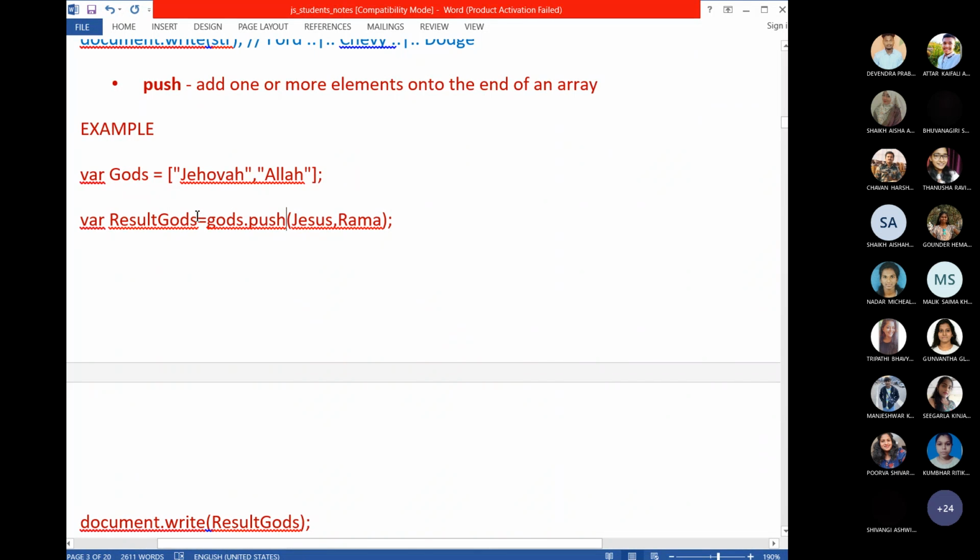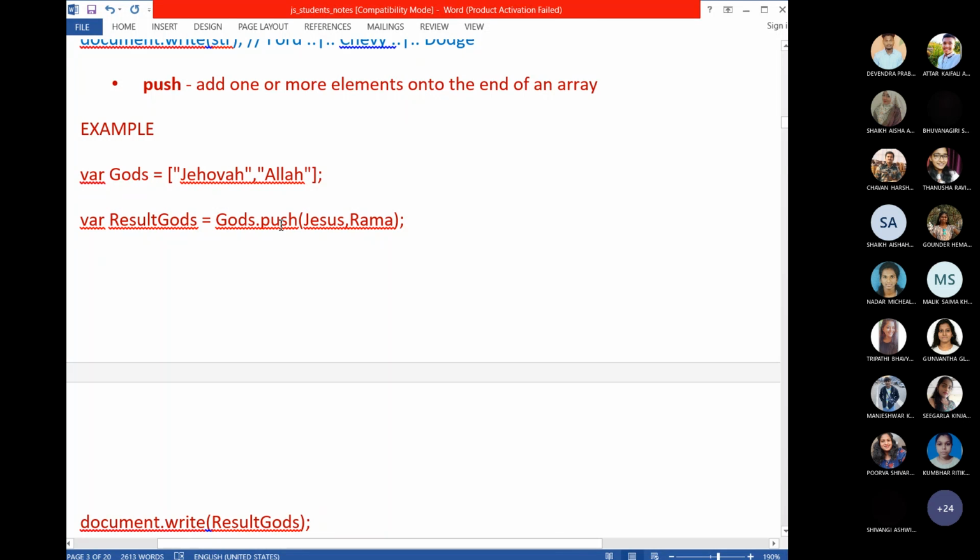So I have created a variable called result gods. Now I have to apply the push method.